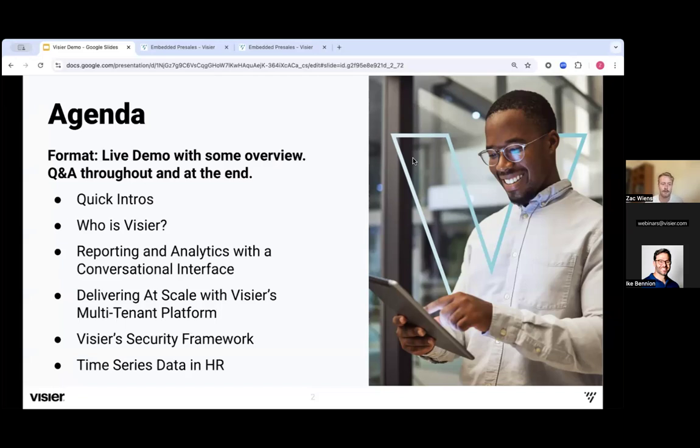We'll talk about how Visier enables you to deliver at scale with our multi-tenanted platform. We'll talk about Visier's security framework, which solves for some of the challenging security requirements with human resources data. And we'll talk about how Visier helps handle time series data in HR and some of the challenges that we see vendors struggle with when it comes to handling some of HR's common data practices with backdating changes and setting